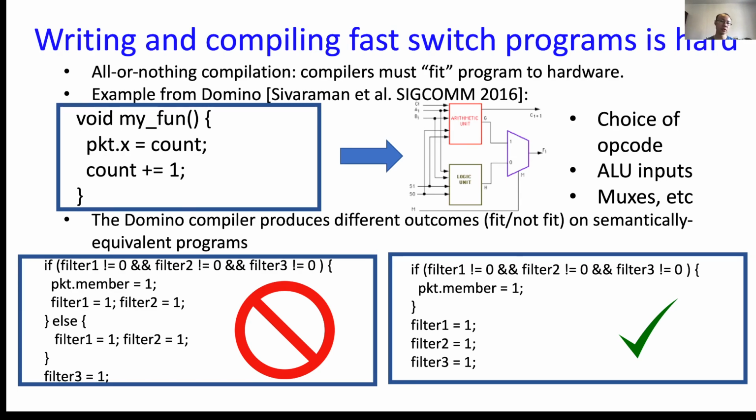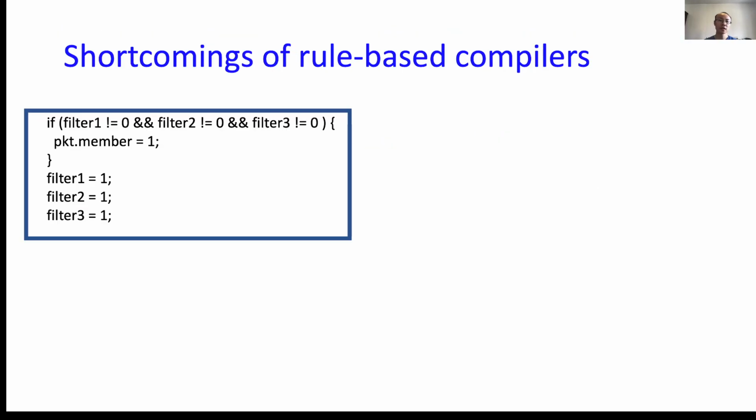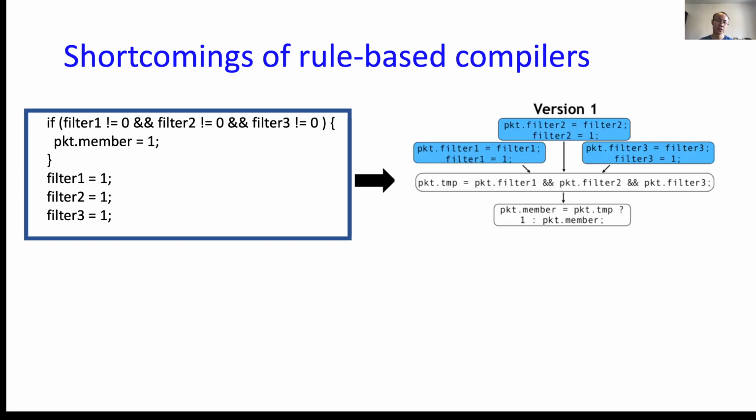This is similar to an arms race between the programmer and the compiler designer. This butterfly effect also happens in some other P4 compilers as well. Let's take a look at why this could happen in a lot of rule-based compilers. A rule-based compiler usually uses rewrite rules to rewrite a given program into a format which is easier to